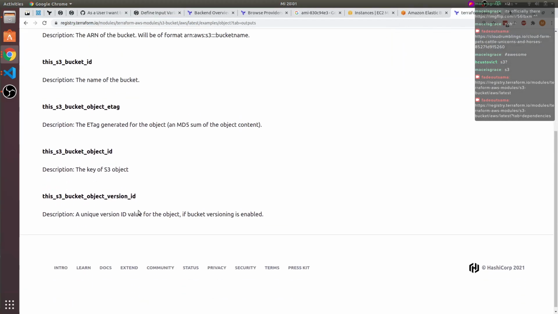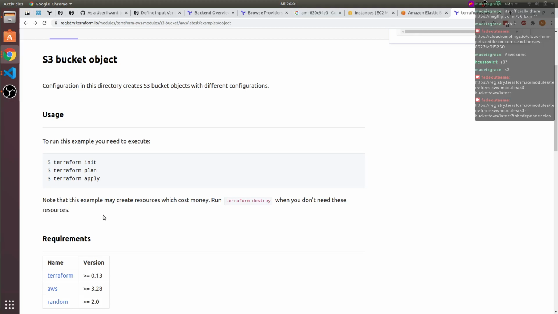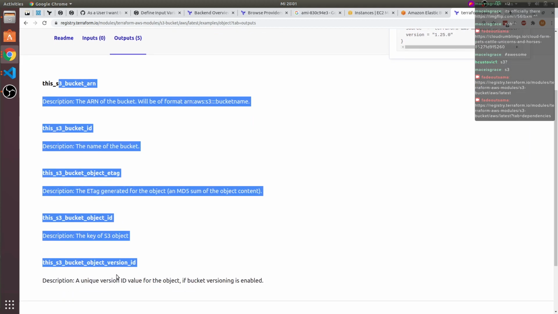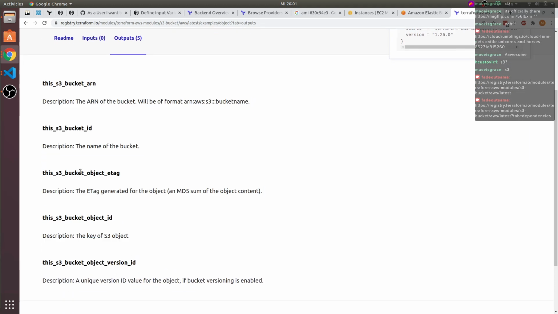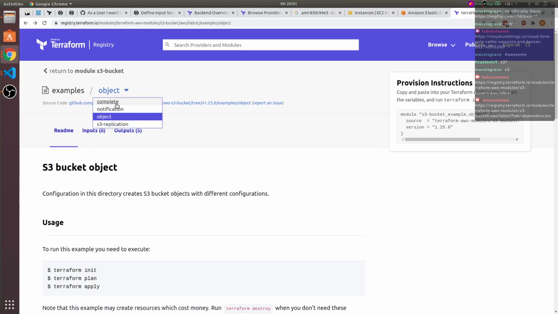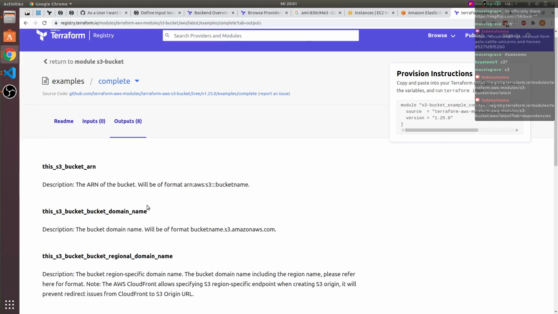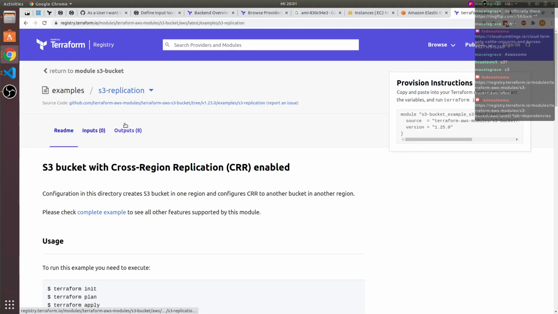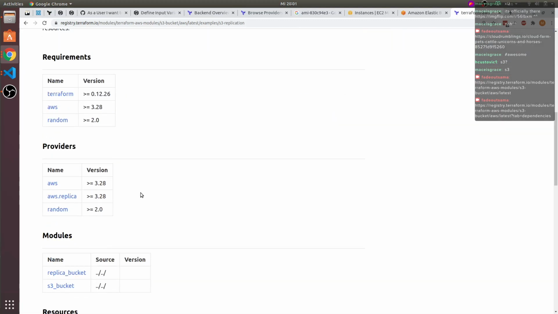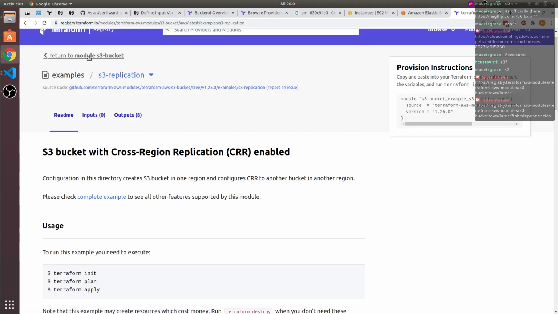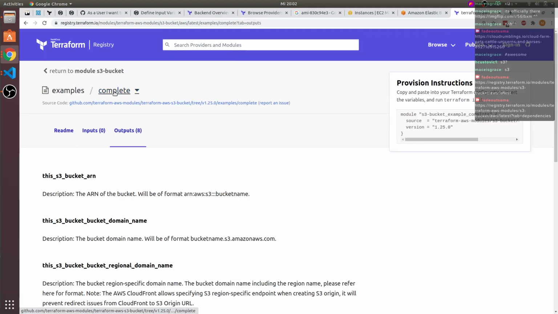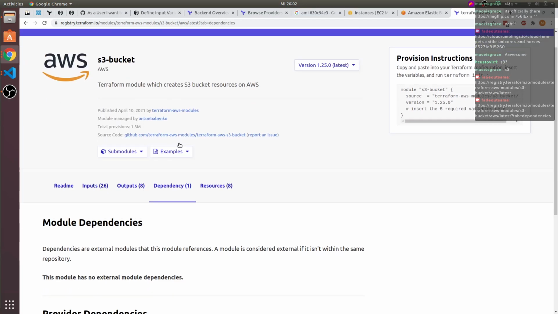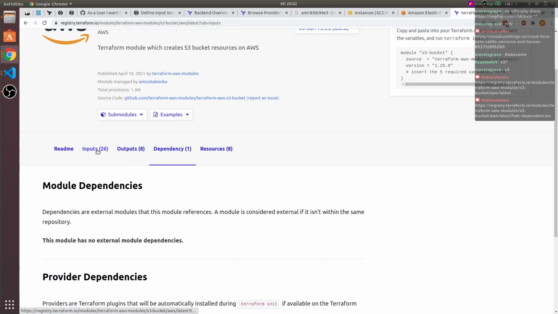Other than that, let's try to find out how. So I'm saying this because this module automatically outputs 5 things: object ID, etag, and so on. Oh, this one has 8: the domain name, regional domain name, and so on. What I'm confused about is the 5 variables they were talking about, which are not written here. Maybe if we go back to the module, here,